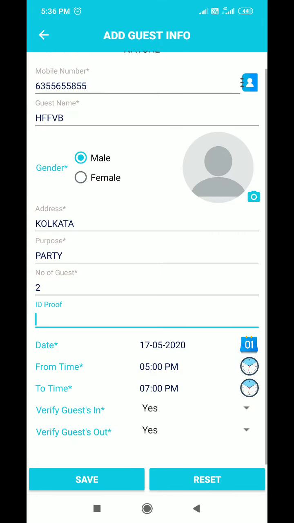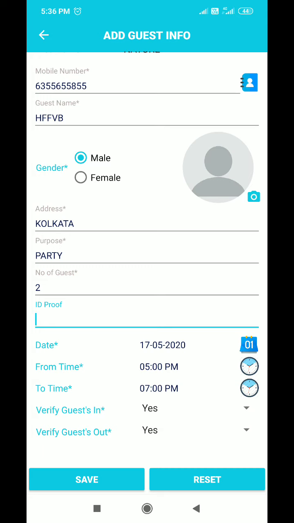Now there are two options: visitor verify yes and out verify yes. If you choose no for in or out verification, then you will receive a notification in your app that the guest is coming and waiting at the gate to meet you.